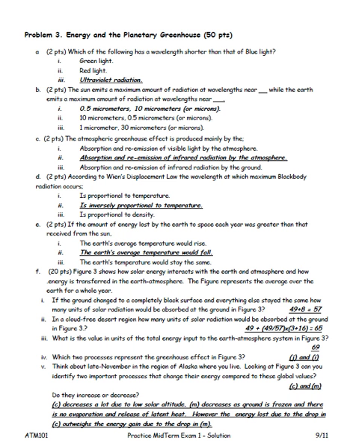Part 1. If the ground changed to a completely black surface and everything else stayed the same, how many units of solar radiation would be absorbed at the ground in Figure 3? Well, looking at Figure 3, we see that there are two places where light hits the ground. Light is incident at the ground in pathway C, 49 units, and pathway D, 8 units. The light in pathway D, though, represents the light that is reflected from the ground, 8 units. So at the ground, there are 57 units of light incident, 49 units are absorbed, and 8